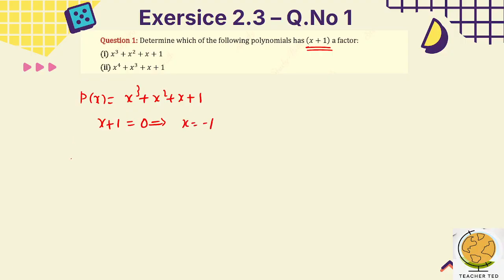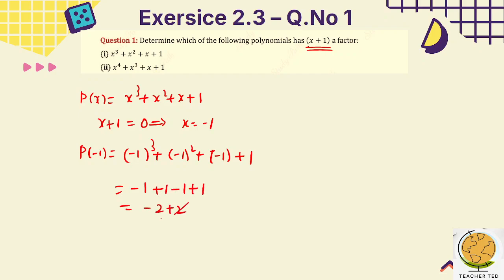Substitute minus 1 here. P of minus 1 is equal to minus 1 cube plus minus 1 square plus minus 1 plus 1. So minus 1 cube is minus 1, square is plus 1, minus 1 plus 1. So it becomes minus 2 plus 2, and both will cancel, it becomes 0. So given x plus 1 is a factor for the polynomial. The second problem,